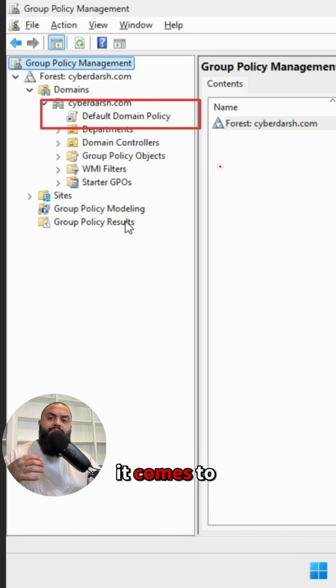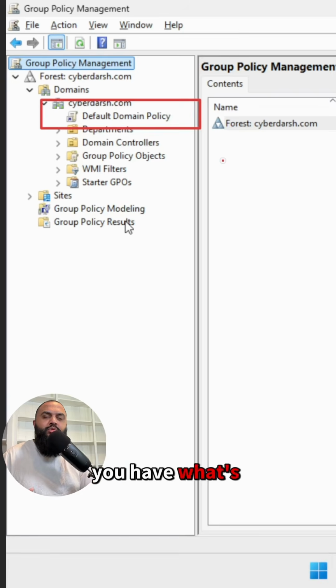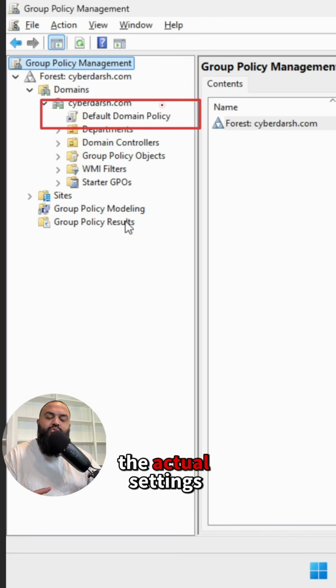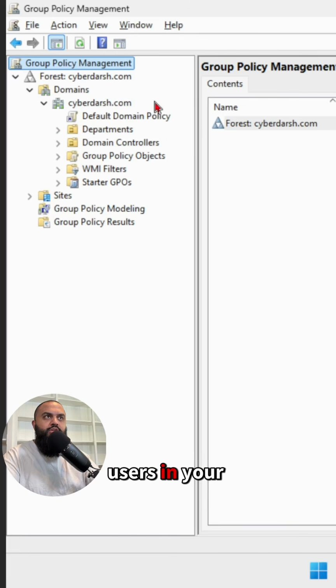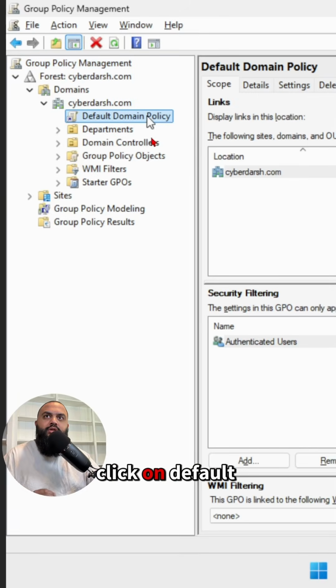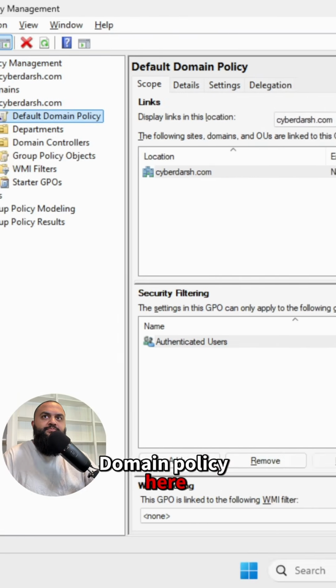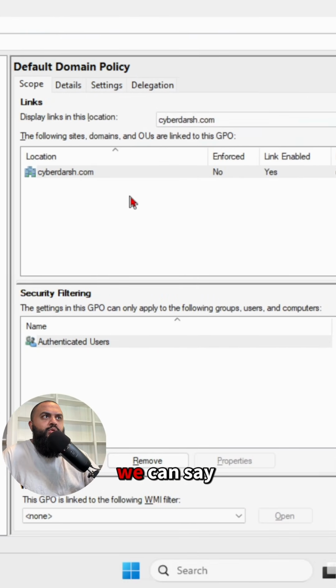And so when it comes to group policy, you have what's called group policy objects. And within these objects, you can create the actual settings that you want to push to the computers in your domain or to the users in your domain. So if we click on default domain policy here and we look over to the right, we can say, hey,